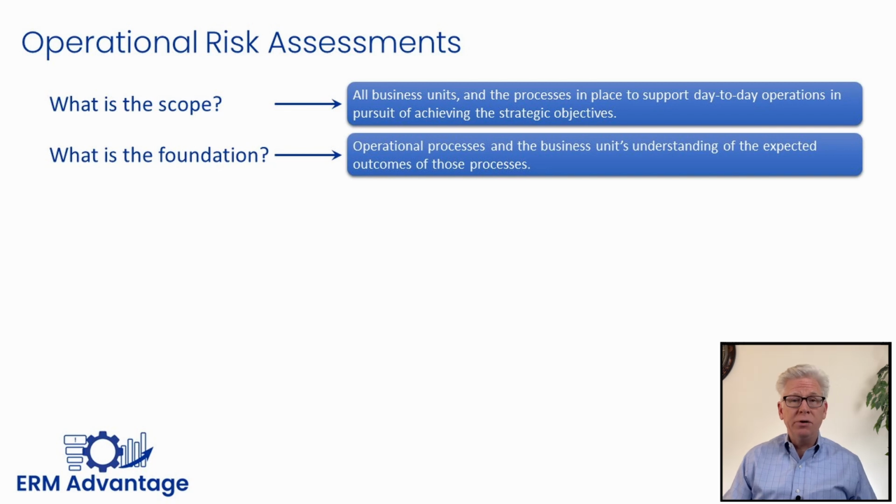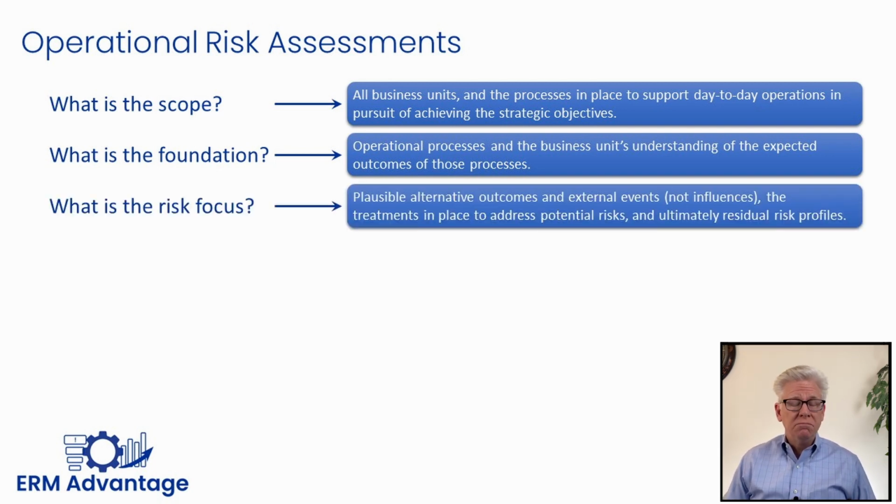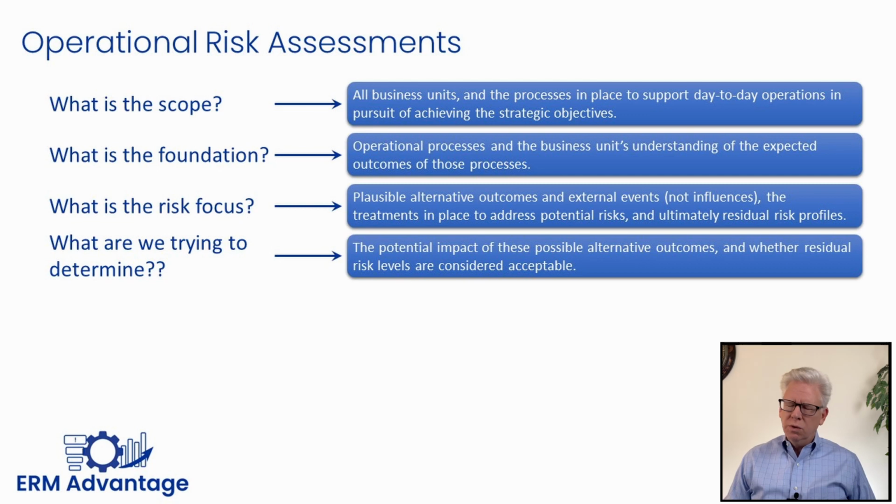Well, it is those operational processes and the business unit's understanding of the expected outcomes in those processes. What is our risk focus? It's plausible alternative outcomes and external events, not influences, but events. The treatments in place to address potential risks, and ultimately the residual risk profiles. What are we trying to determine? Well, we're trying to figure out the potential impact of those possible outcomes and whether residual risk levels are considered